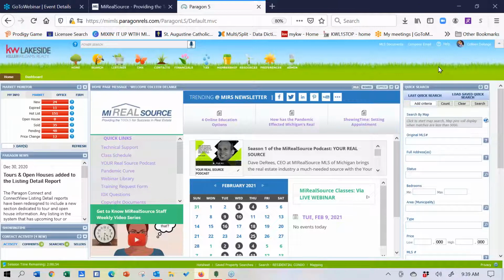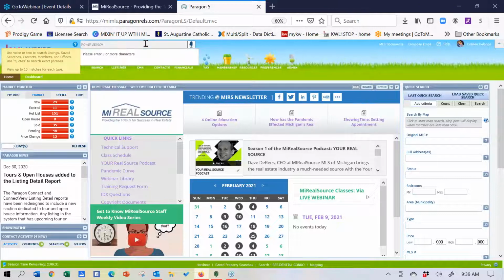Now, one of the first questions I always get with agents converting from other MLSs is, well, how do I search fast? Well, there are really 3 different ways to search. I mean, you can search a lot of different ways, but there are 3 main ways to search when you're going into Paragon. So let me explain. If you just got a call and you have a client that says, hey, I want some information on a particular property, it's